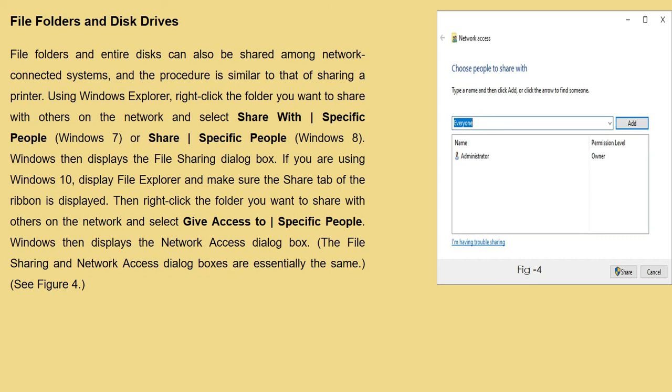After clicking that option, Windows displays a network access dialog box. So this is also called the file sharing network access dialog box. This is the network access dialog box. Clear? In such a manner you can access the printer as well as the files or disk drive.